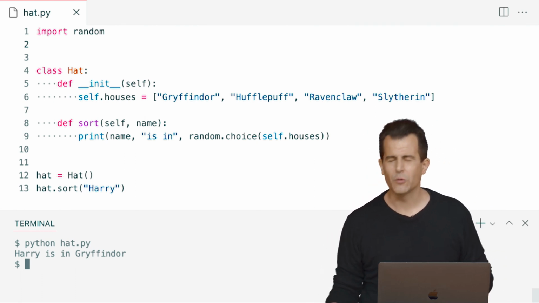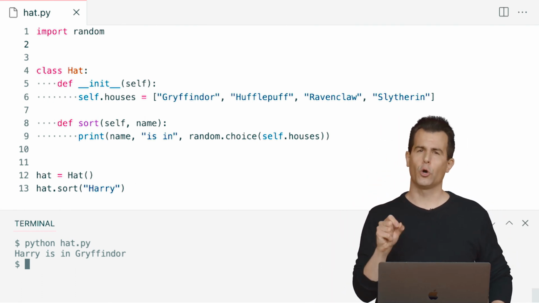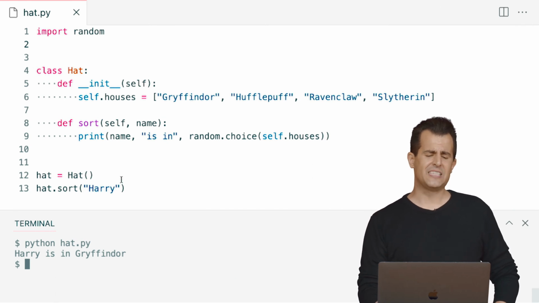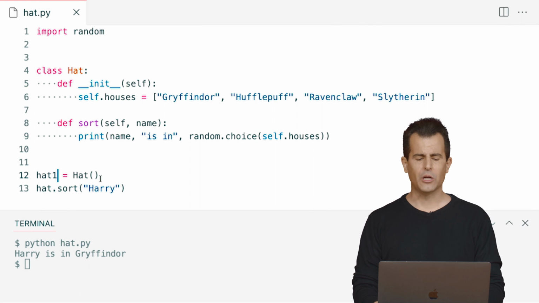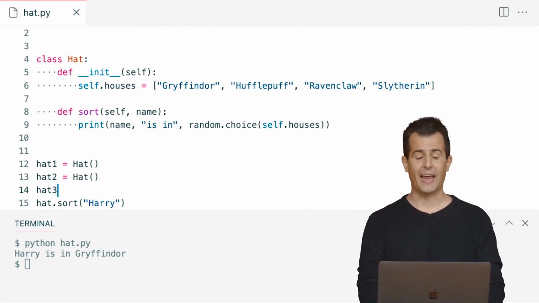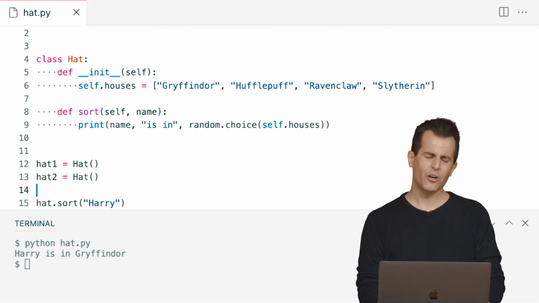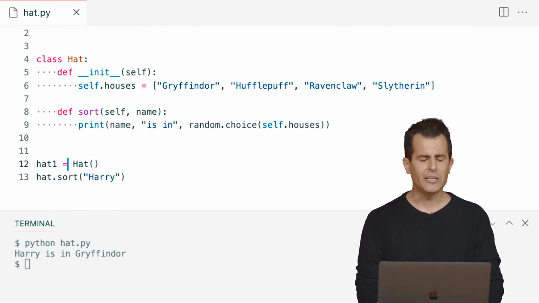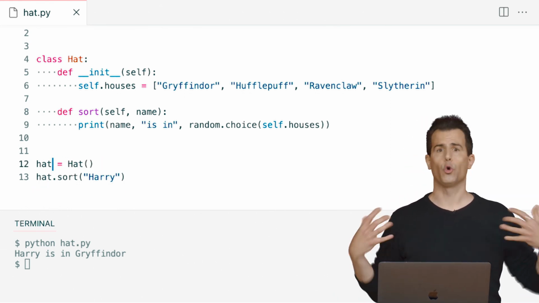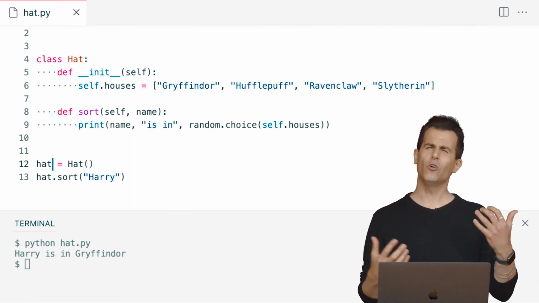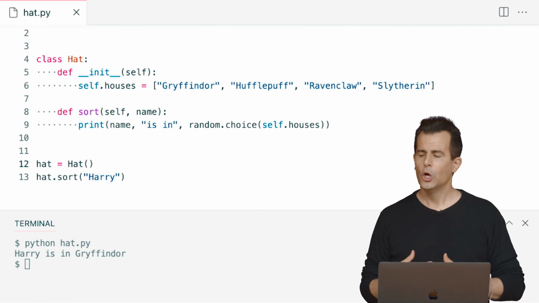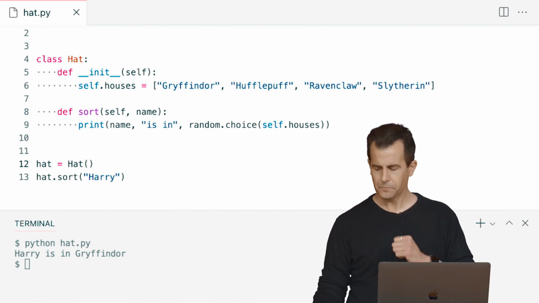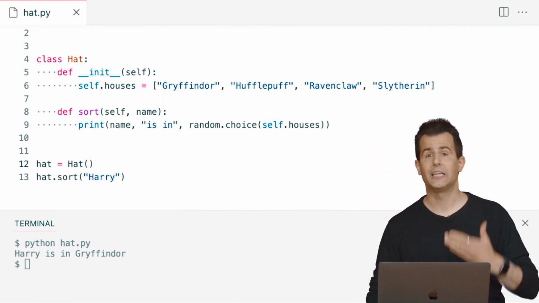So let me propose that we actually improve the design of the sorting hat so that we don't have to instantiate a sorting hat, because right now this is kind of allowing me to do something like hat1 equals, hat2 equals, hat3 equals, and so forth. I don't really need that capability. I really just need to represent the sorting hat with a class, but I don't really need to instantiate it. Why? Because it already exists. I need just one. So it turns out in Python that up until now we've been using, as I keep calling them,